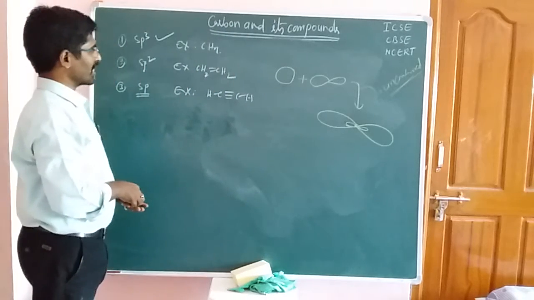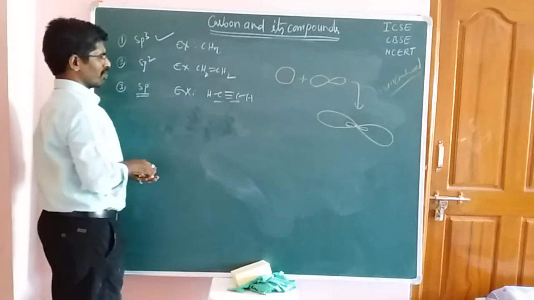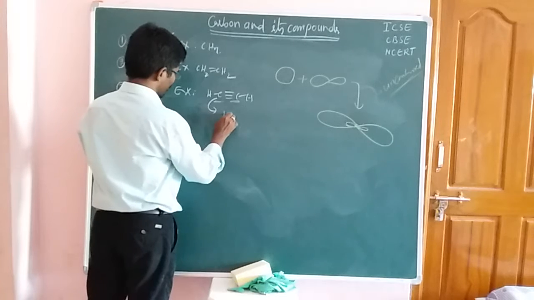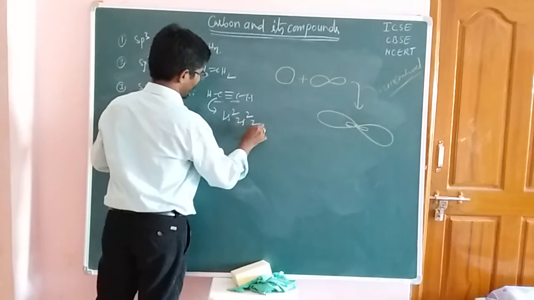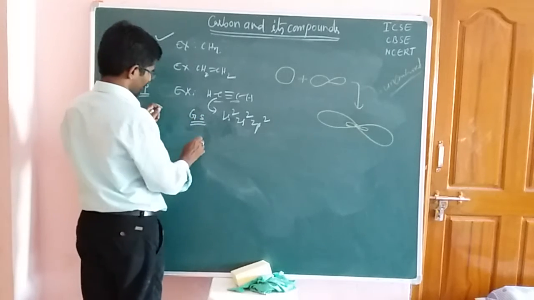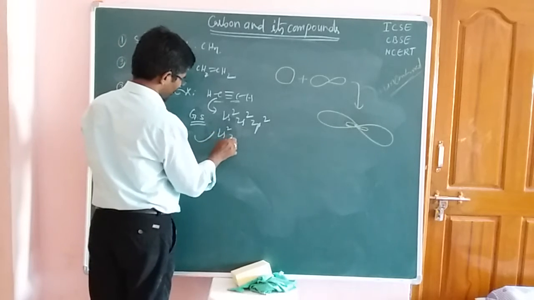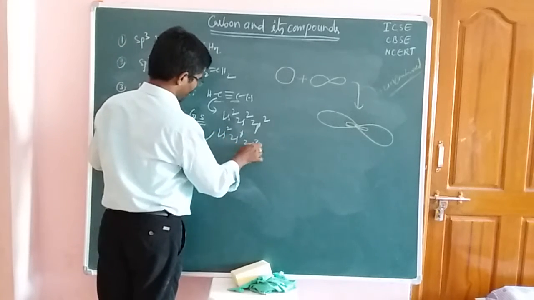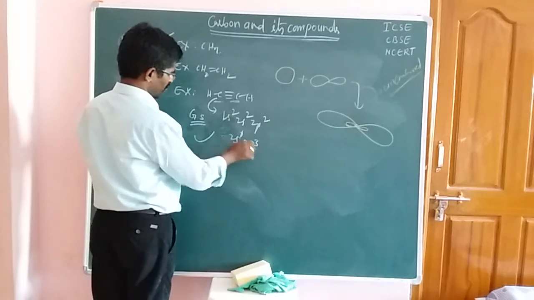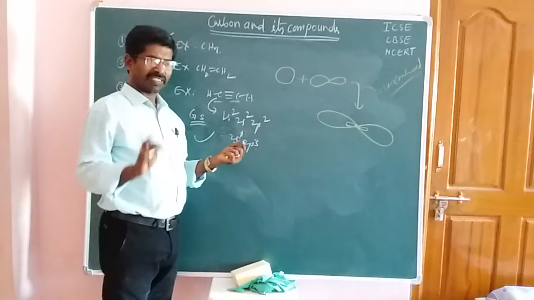Okay, students. In this one, first of all, it undergoes bond formation. So first I will take the carbon element. The ground state electronic configuration is 1s2, 2s2 and 2p2. In the excited state, it is 1s2, 2s1 and 2p3. Here you should take only the outermost shell, 2s1 and 2p3. One electron is present in the s orbital, 3 electrons in the p orbital.